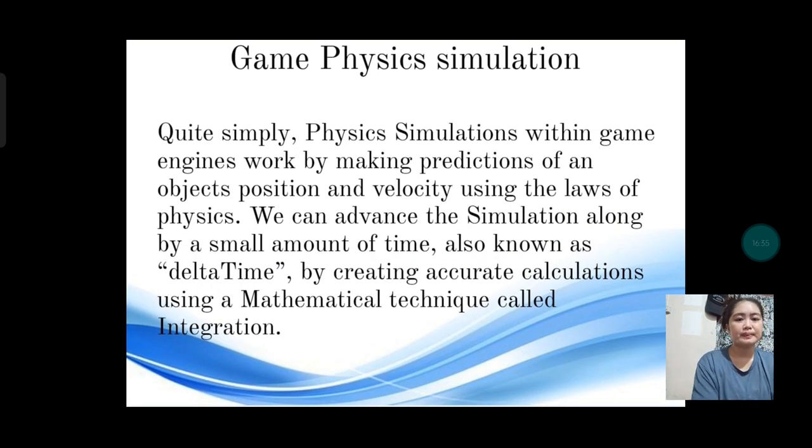So, quite simply, physics simulation within the engine works by making predictions of an object's position and velocity using the laws of physics. We can advance the simulation along by a small amount of time, also known as delta time, by creating a quantity of calculation using a mathematical technique called integration.